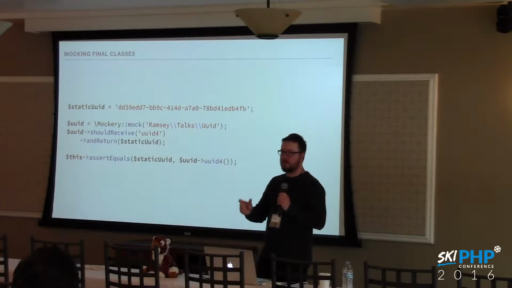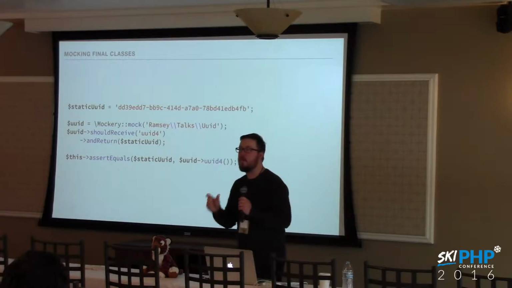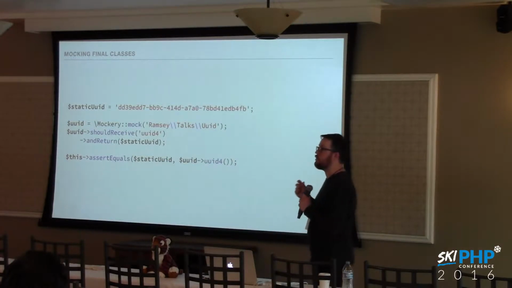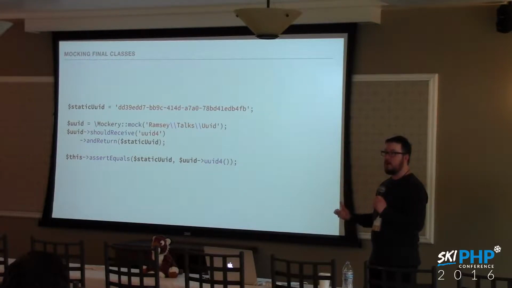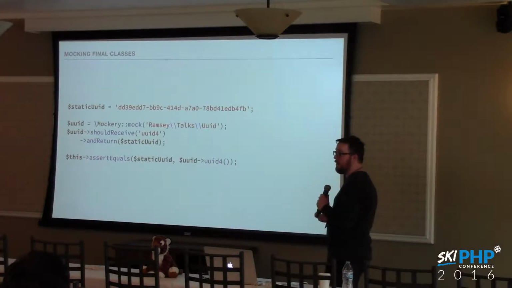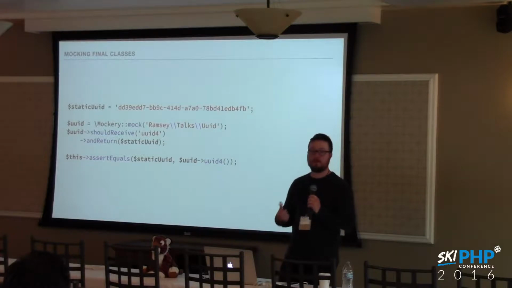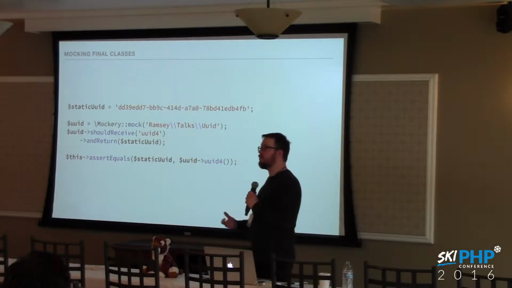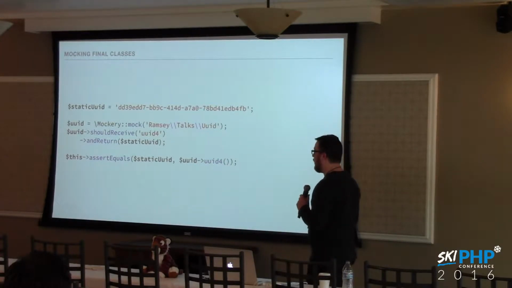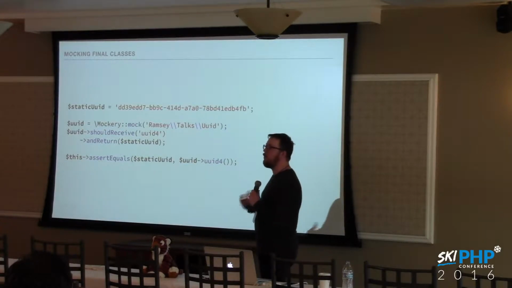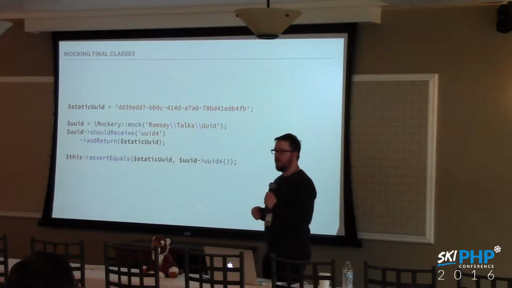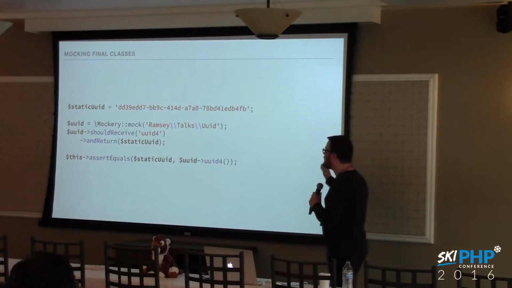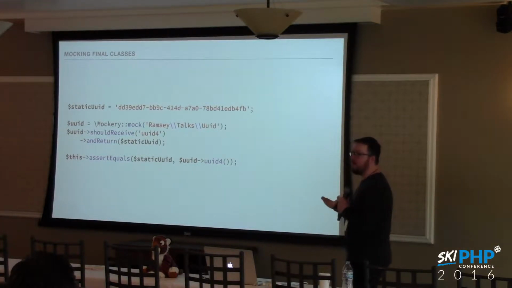It's when you create a class, like class UUID, but in front of the class name you put the word final. What that means is you cannot create children of that class, so I can't extend from that class anymore. It also means I can't mock it. Mock object frameworks won't work with that. So PHPUnit is just going to die. I don't know exactly what error message you'll get, but you'll get an error message about being unable to mock a final class.